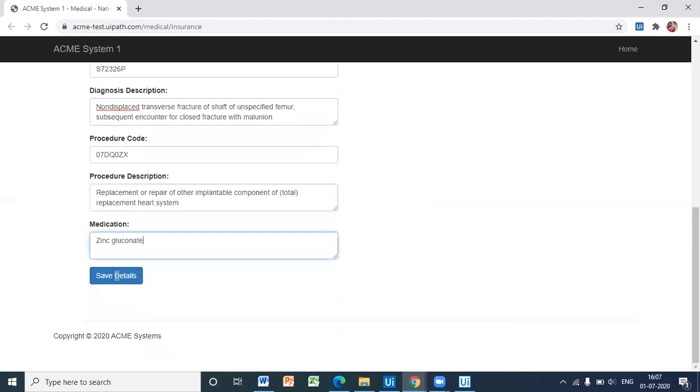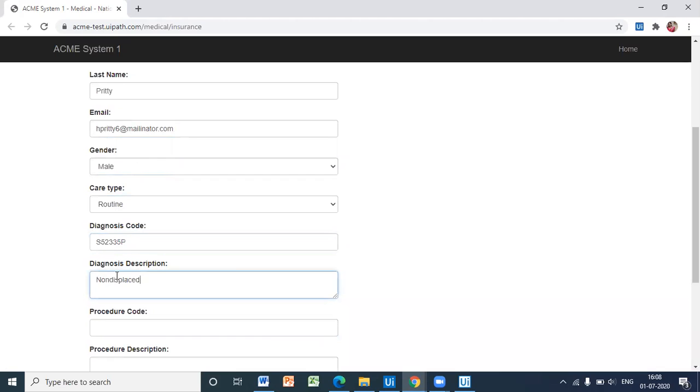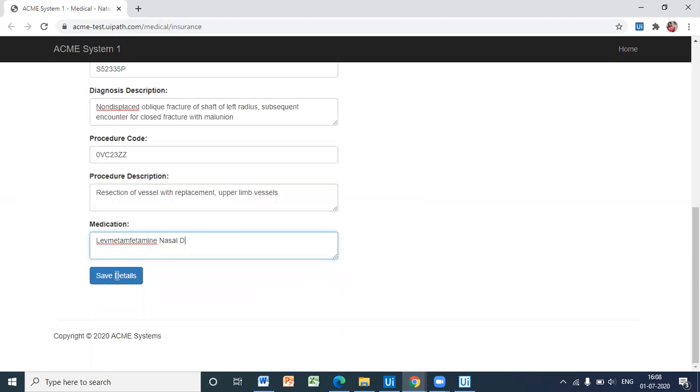Even there is a provision to speed up filling the data also. That also you can set in the properties of the activities we use in the bot, like in the type into activity, there is a provision to speed up the data insertion speed.